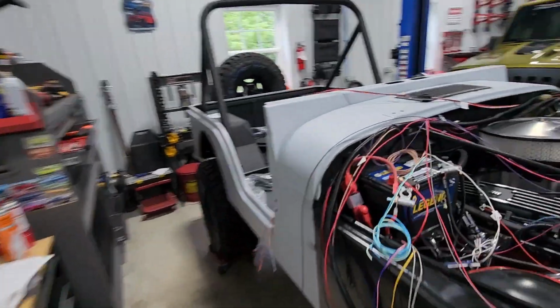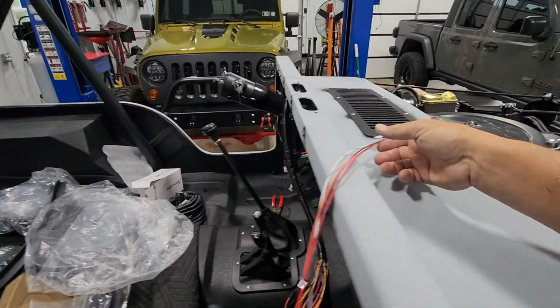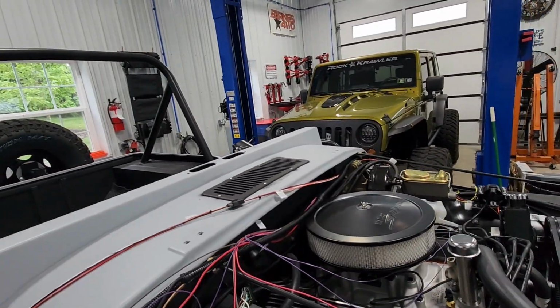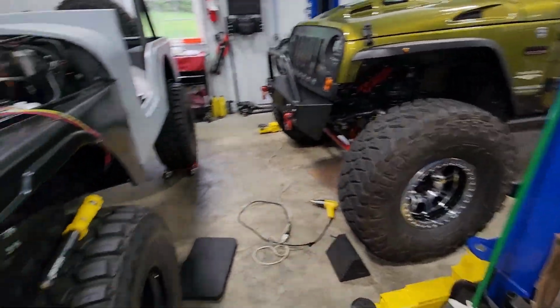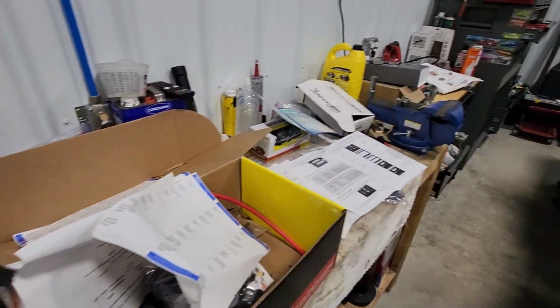Let's come over here. This would be your neutral safety switch, your reverse light switch, your four-wheel drive indicator. That's going to run down the firewall. I'm going to have to clean it up yet. Where did it go? Oh, right here. My bad. This is an actual